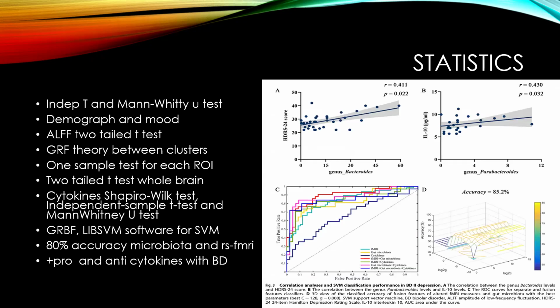So some of the statistics: they used a chi-square test along with an independent one-tailed sample and Mann-Whitney test itself, so they could differentiate between each one of the